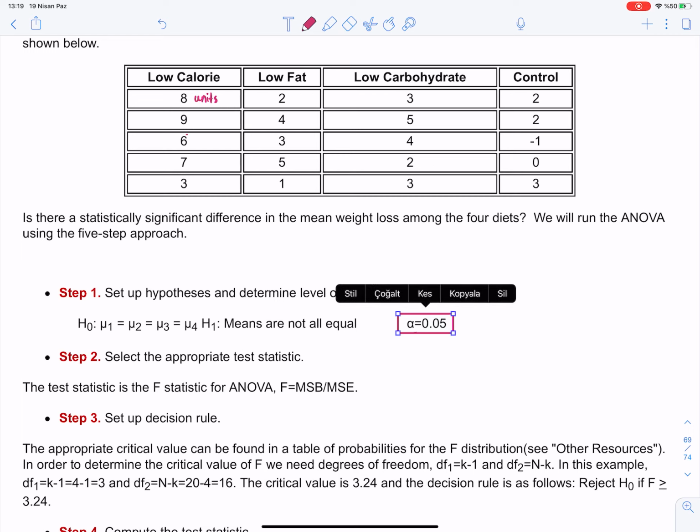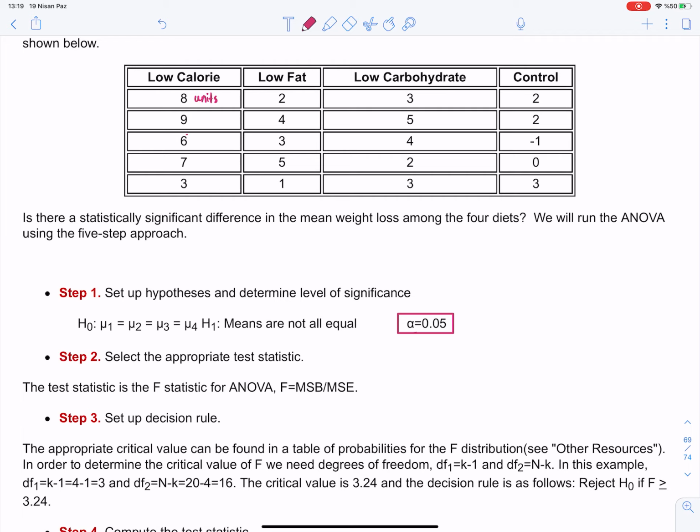You always pick the alpha level to be 0.05. So we have four treatments, four different groups. Mu1 equals mu2 equals mu3 equals mu4. And the alternative,